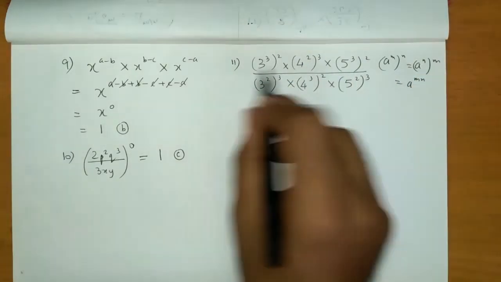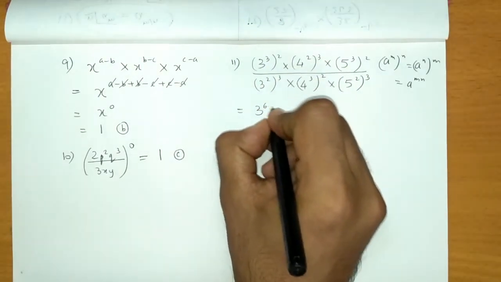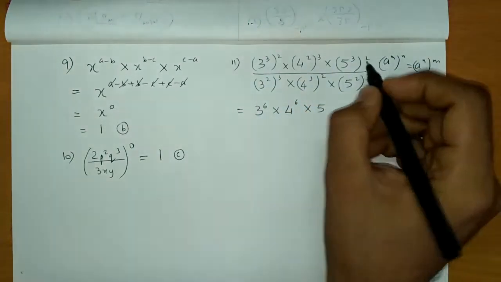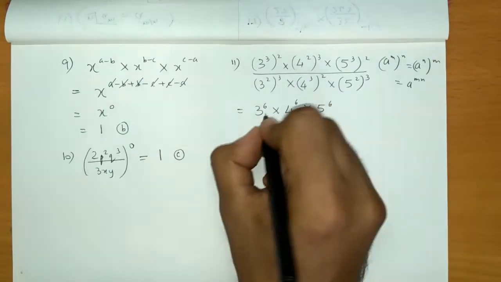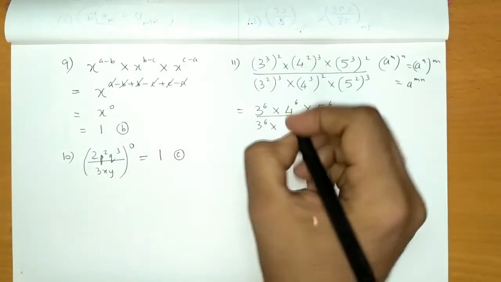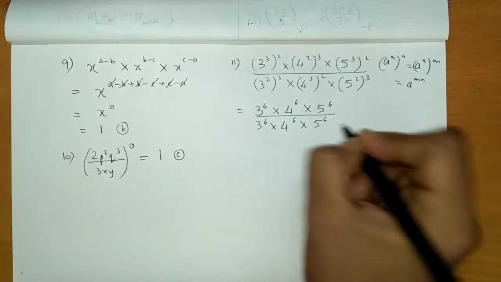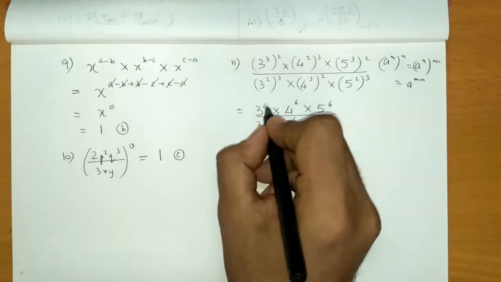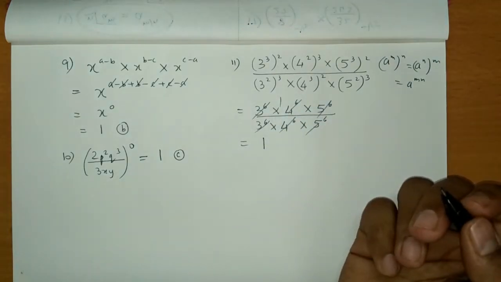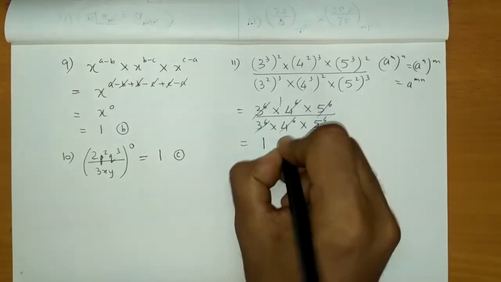So the same rule we apply in all the 6 terms, and we get 3 raised to 3 into 2 becomes 6, 4 raised to 2 into 3, again 6, 5 raised to 3 2s is 6, upon 3 raised to 2 3s is 6, again 4 raised to 3 into 2, so 6, and 5 raised to 2 3s, again 6. So all the terms are identical, right? So all these terms get cancelled and the answer is 1. So the option for question 11 is D.